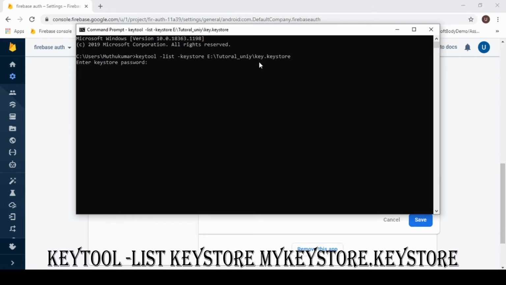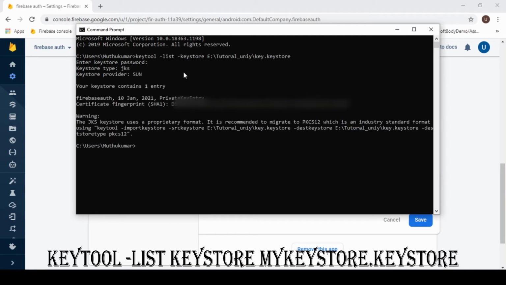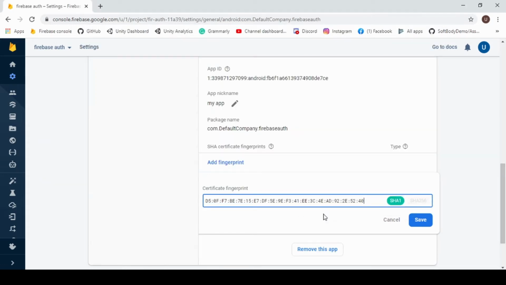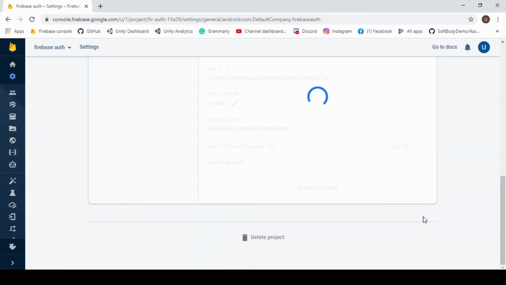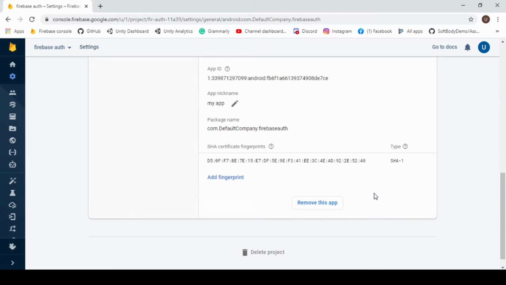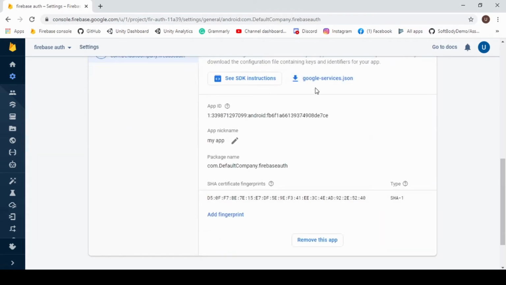And now enter your key store password, copy your SHA-1 fingerprint, add it in Firebase, and hit save. Now download the google-services.json and add it anywhere in your Assets folder.